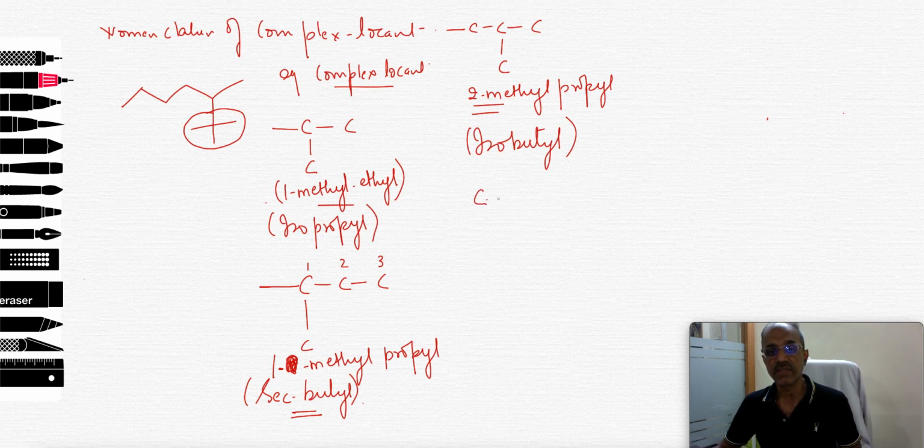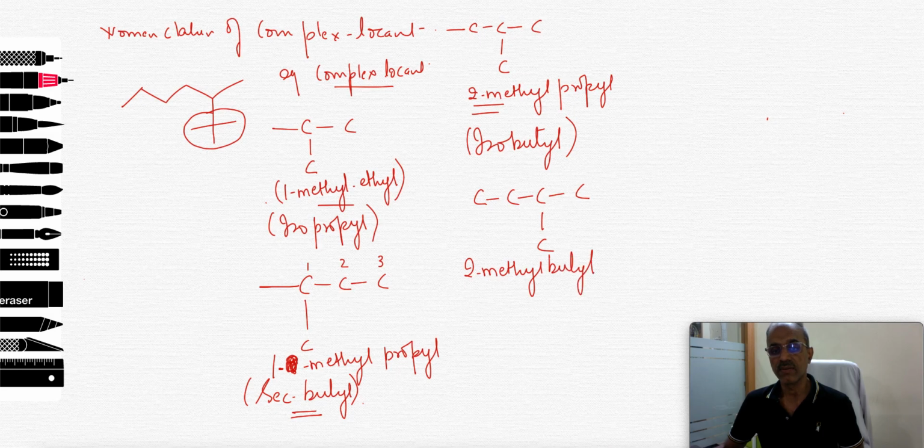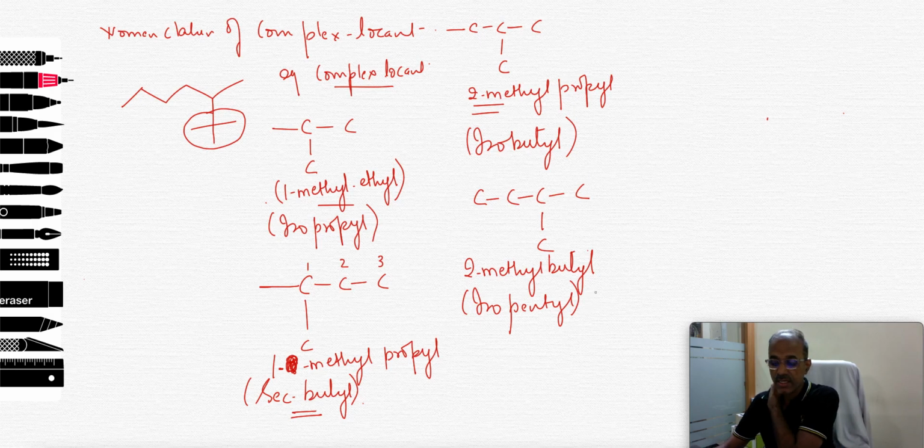Similarly, 1, 2, 3. Now, this is 2-methyl butyl, which is known as isopentyl. Which is known as isopentyl. Now,